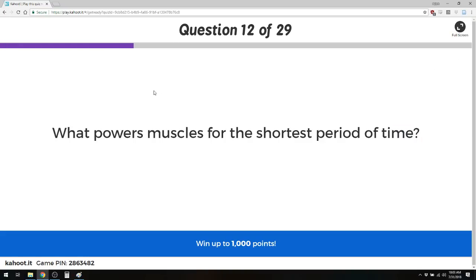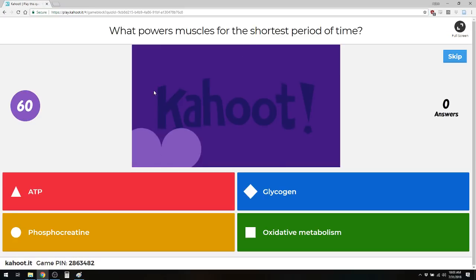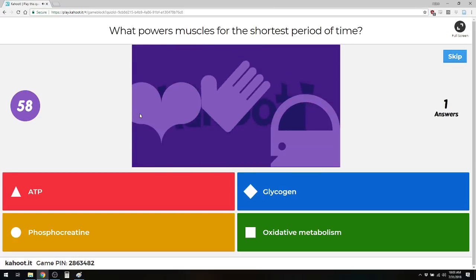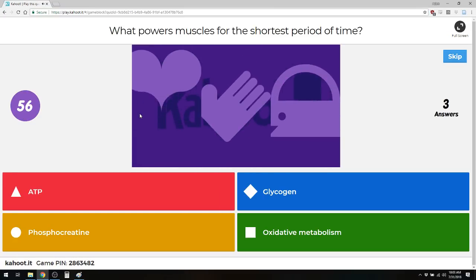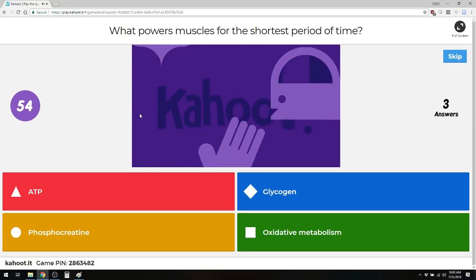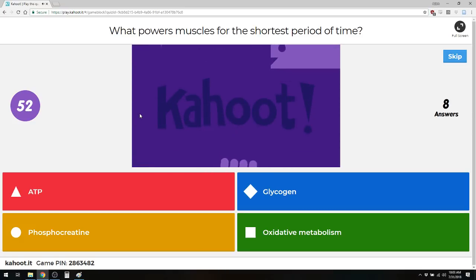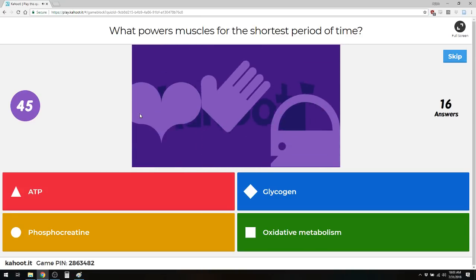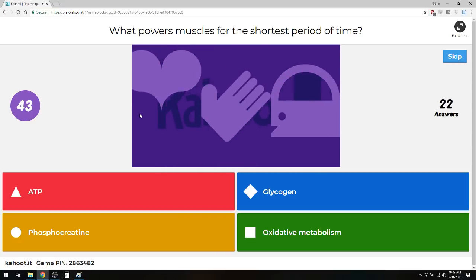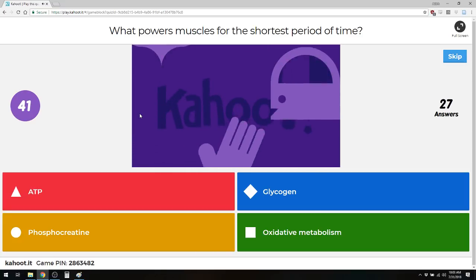What powers muscles for the shortest period of time? It would be ATP, glycogen, phosphocreatine, or oxidative metabolism. Just say skeletal muscle in this case. This one may be a little tricky, but